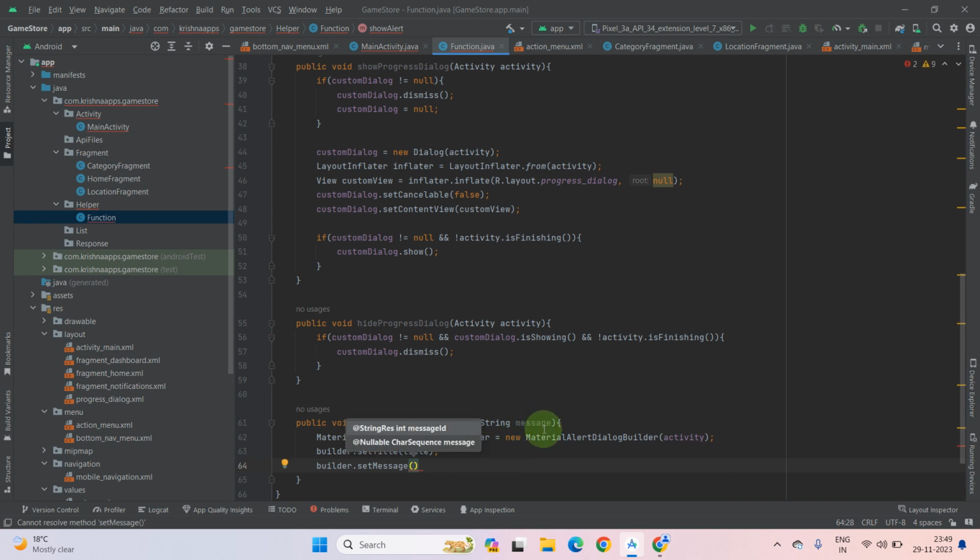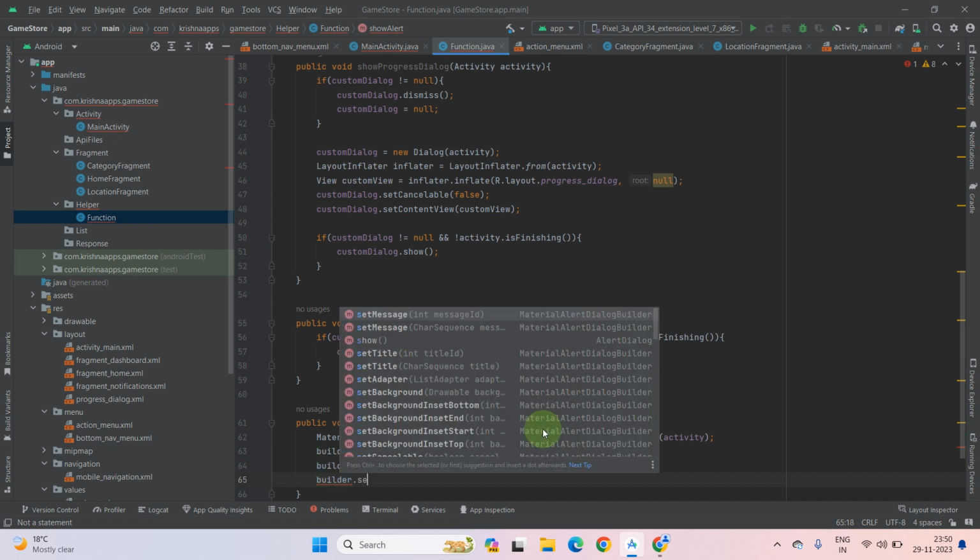Okay, now we have a message string. So let's pass it message semicolon, put. Go to the next line, and again we have to make setCancelable true, because it is a simple alert, not any other function. There is no security behind this alert, so you can set cancelable true. Just press dot setCancelable